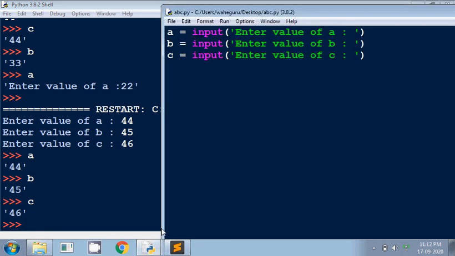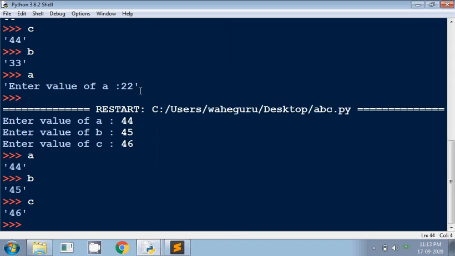Okay, but the input function actually has some default behavior, and that behavior is visible if we carefully look at the values assigned to the variables taken using the input function.